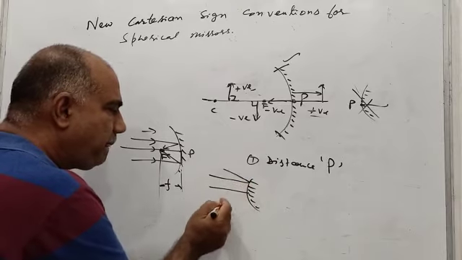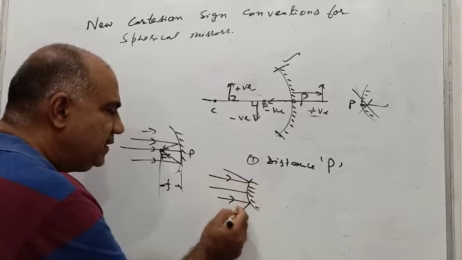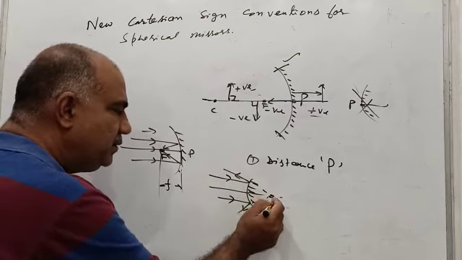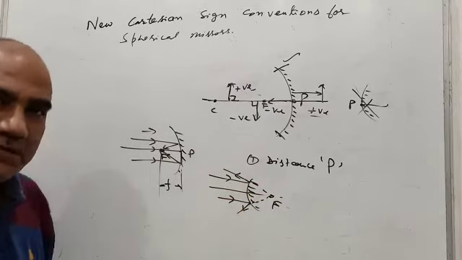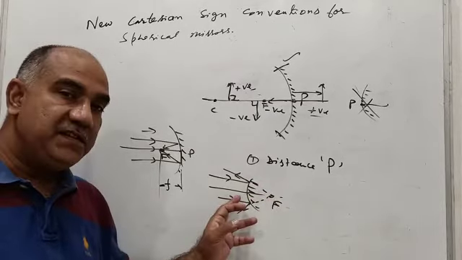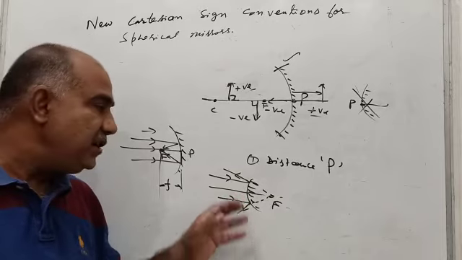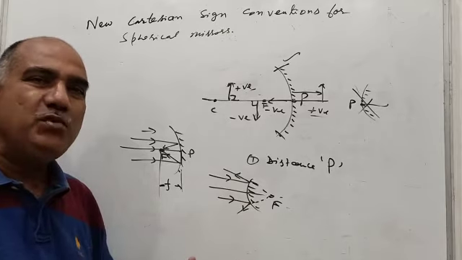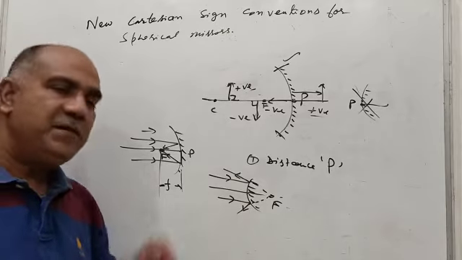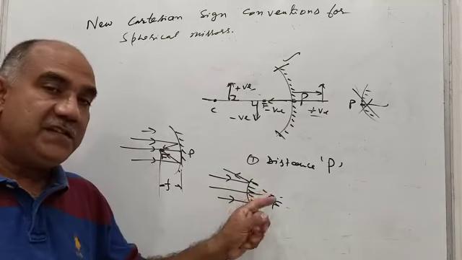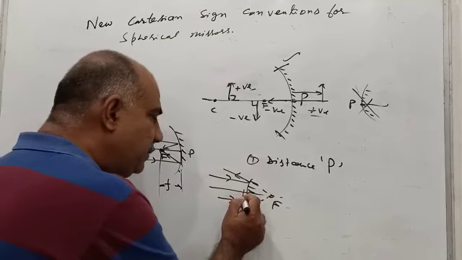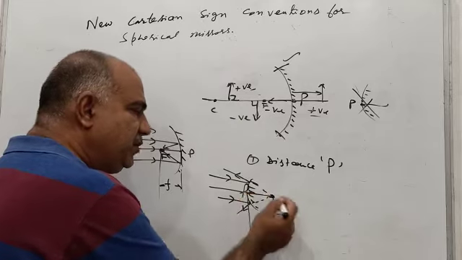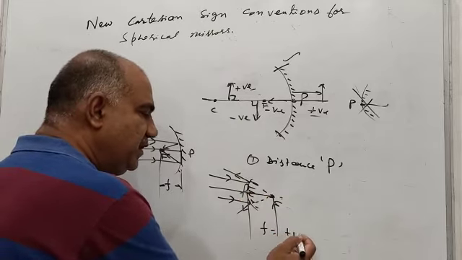And when we consider the focal length of a convex mirror, just see, the rays appear to diverge from this point. So the principal focus of a convex mirror is a point on the principal axis from which all the light rays which were initially parallel and close to the principal axis before reflection appear to diverge after the reflection. The distance between the pole and the principal focus is the focal length. And this principal focus is on the right side of the pole, so this focal length has to be given a positive sign.